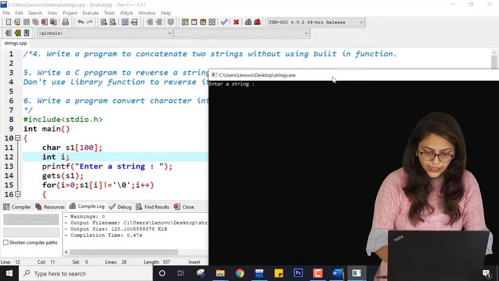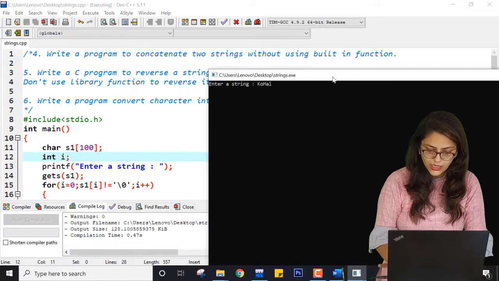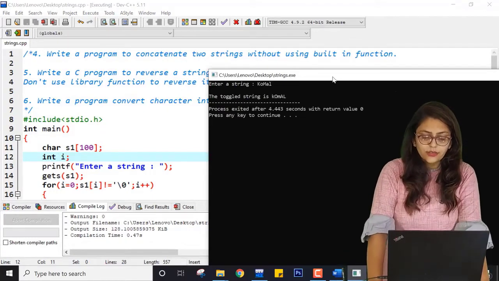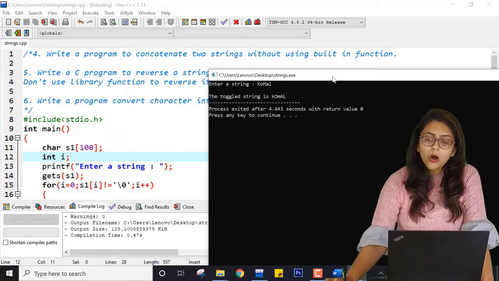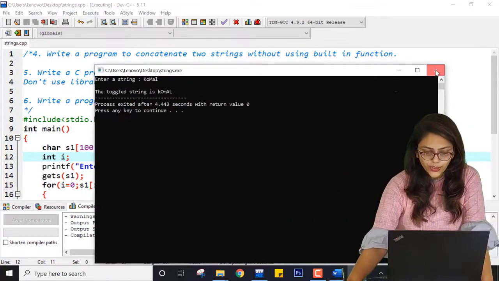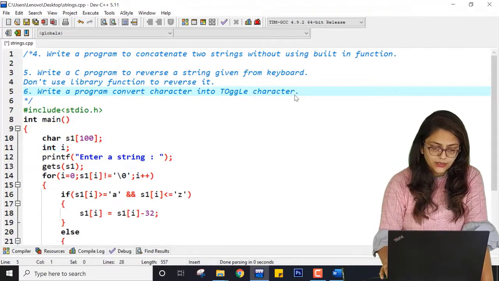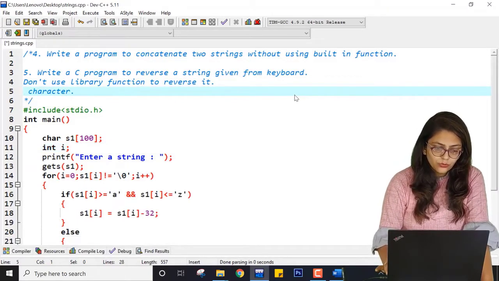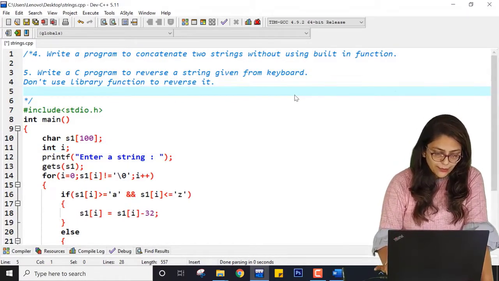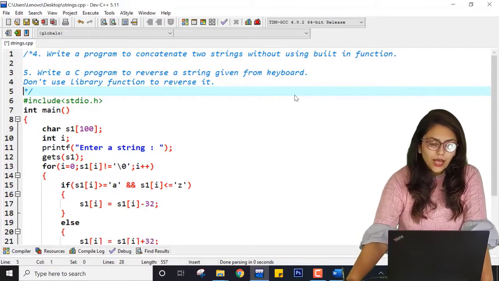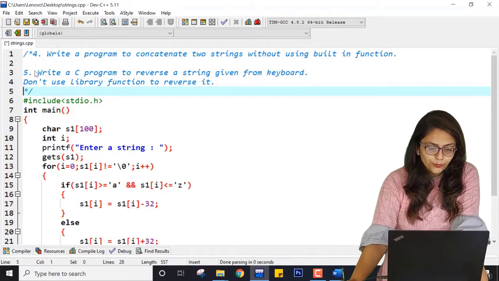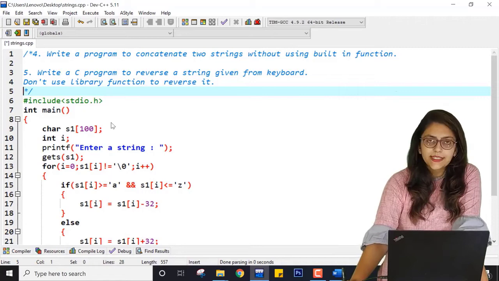If I'm entering KOMAL, you can see the toggled string, right? So this is all about the program to toggle a string. So we have successfully completed these 6 practicals. Now what I am going to do is perform the 5th practical, which is saying